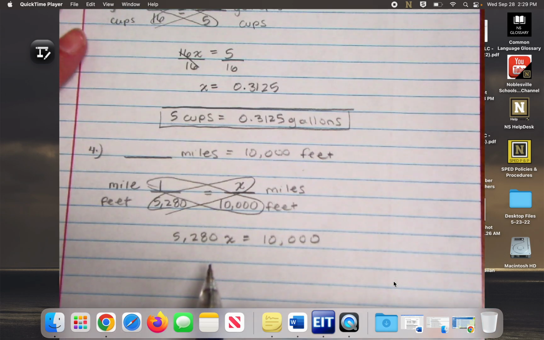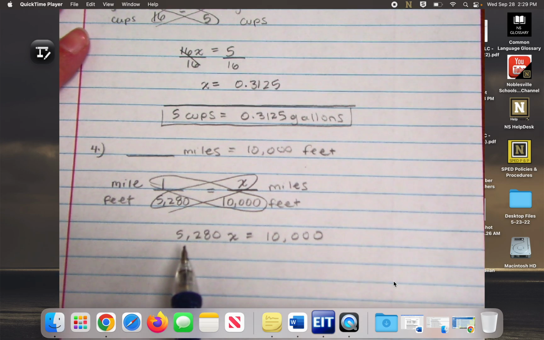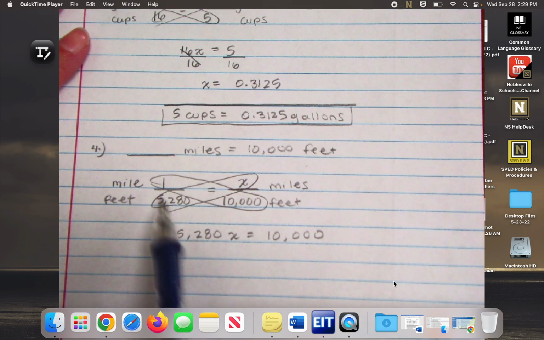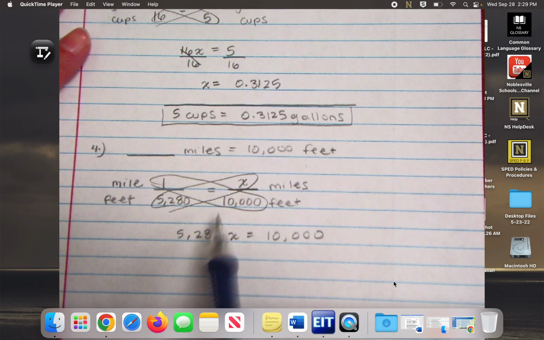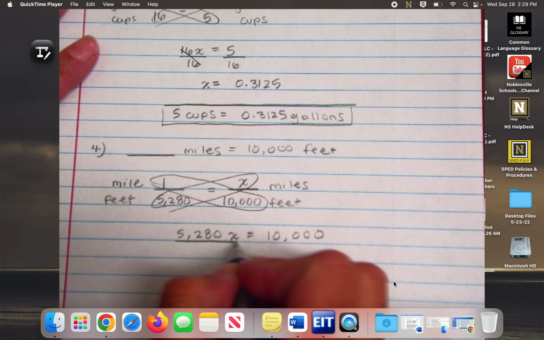We're at 1.80, 1.81. We have to divide again, right? Because we have this with the x. So when we divide by 5,280,